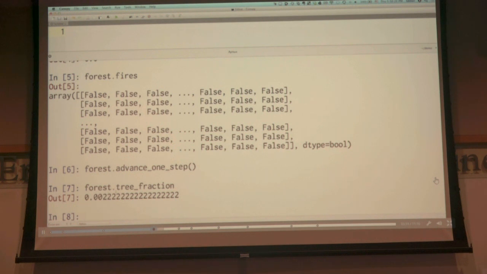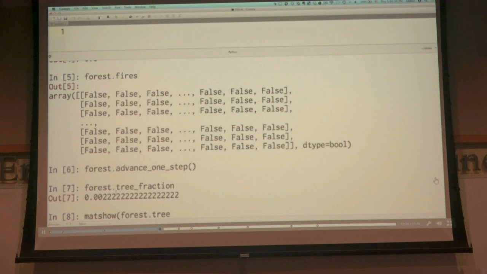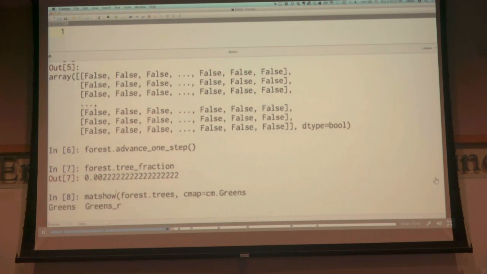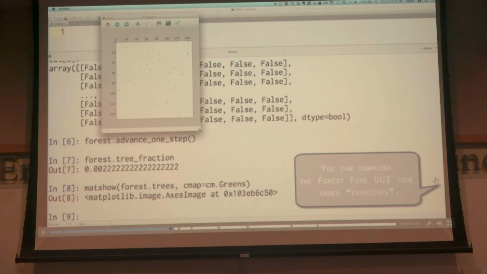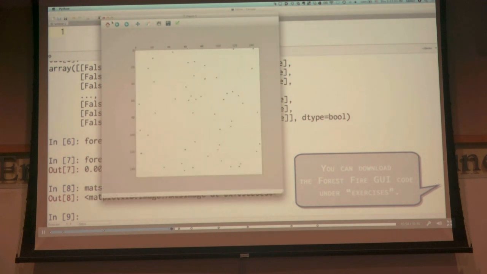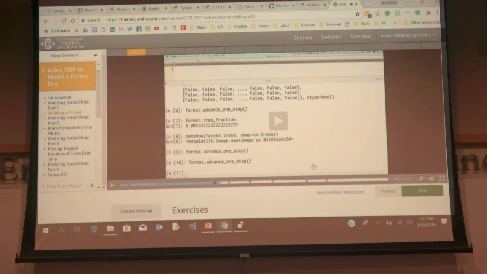And if I wanted to make use of some matplotlib, let's see, I'll use matshow here. And I want to show my trees, and because I'm in a PyLab session, I have a color map. cm.greens, I think, is appropriate. Okay, so now you can see I have a sprinkling of trees at a few places throughout. And if I advance another step and advance. So you see,